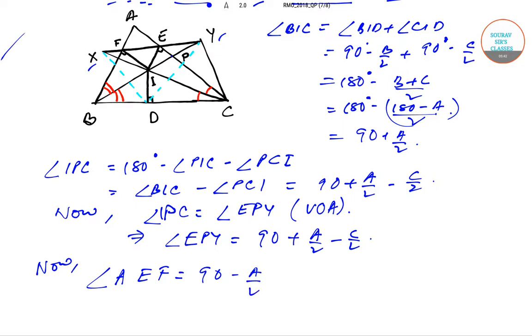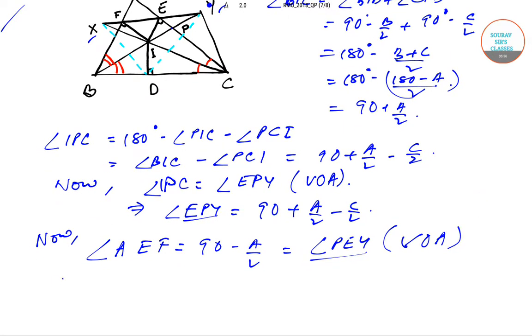This will be equal to 90 minus A by 2. And this is equal to angle PEY, since vertically opposite angles will again apply over here. So we have found out PEY and EPY. So now if we consider the triangle EPY,